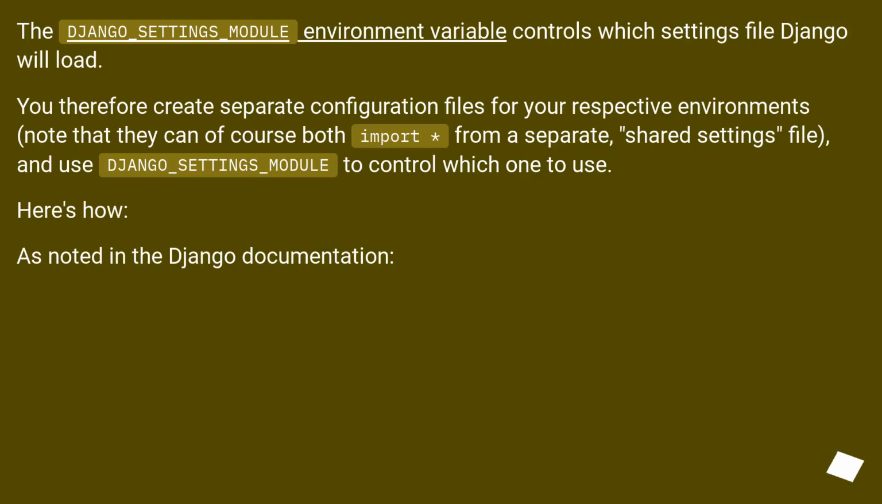The DJANGO_SETTINGS_MODULE environment variable controls which settings file Django will load. You therefore create separate configuration files for your respective environments. Note that they can of course both import from a separate, shared settings file, and use DJANGO_SETTINGS_MODULE to control which one to use. Here's how. As noted in the Django documentation,